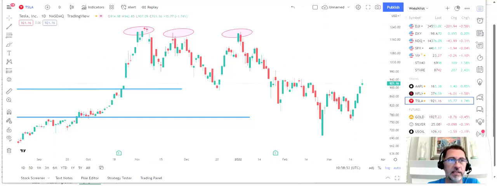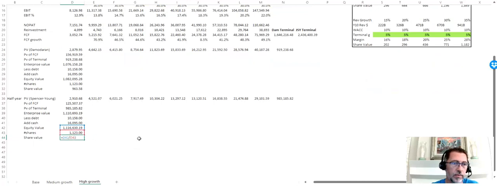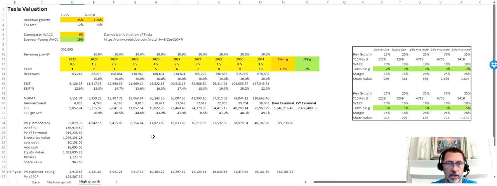So I said, well, let me construct my valuation on the basis that I get myself to a value of pretty close to $1,000 a share. So that creates a scenario here.